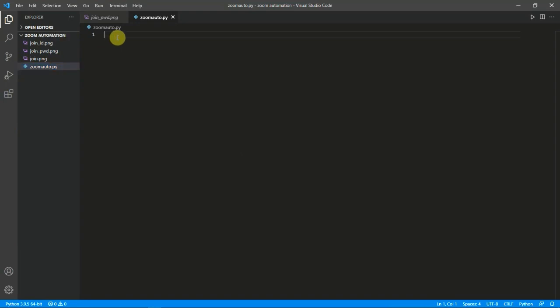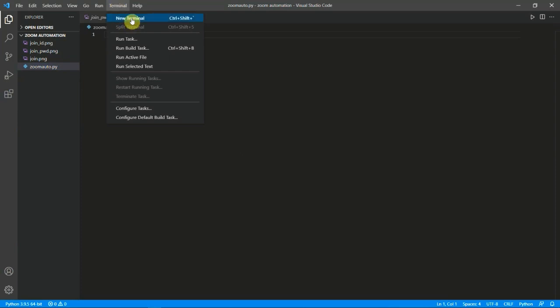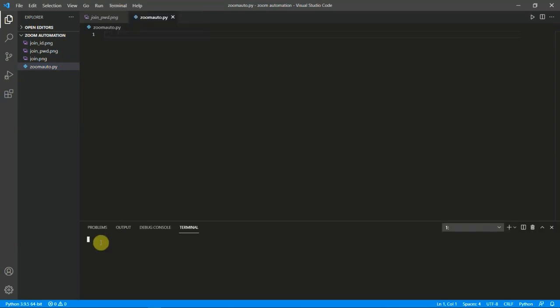We will have to import some packages which will be helping us while doing this automation. For that we will have to go to the terminal and install some of the packages which will be given in the description. Just copy those, paste them: pip install tkinter, pip install pandas, all those. Just wait for the installation, then reload the text editor and try again.